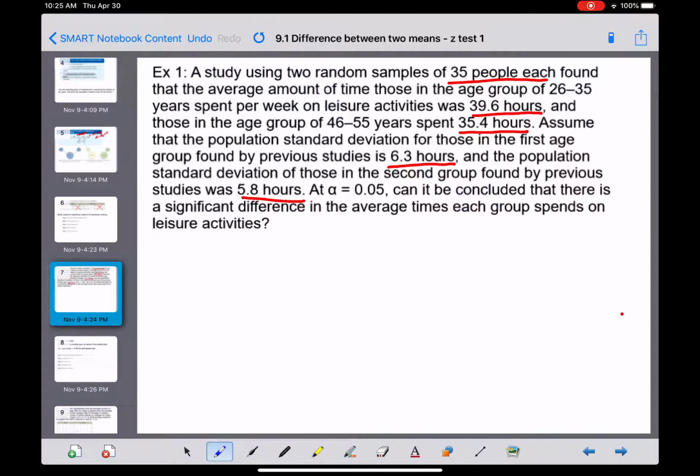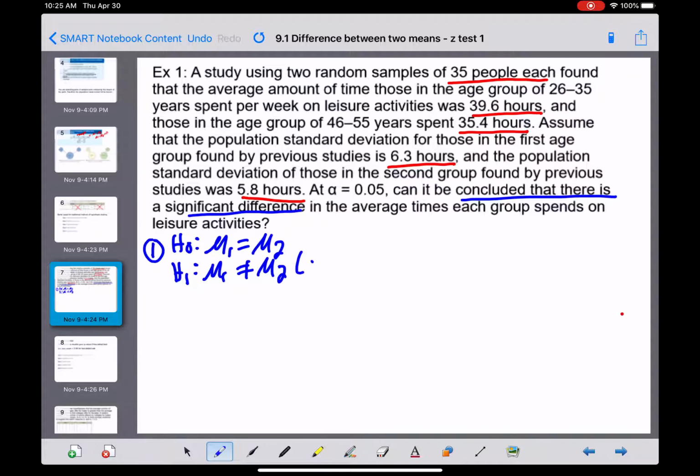Okay, so first thing is our hypotheses. We're going to assume the population means are the same, but we want to know, can it be concluded that there is a significant difference? It just says a significant difference. It doesn't say greater or less than, higher or lower. So we're just going to say not equal to, and that is our claim,